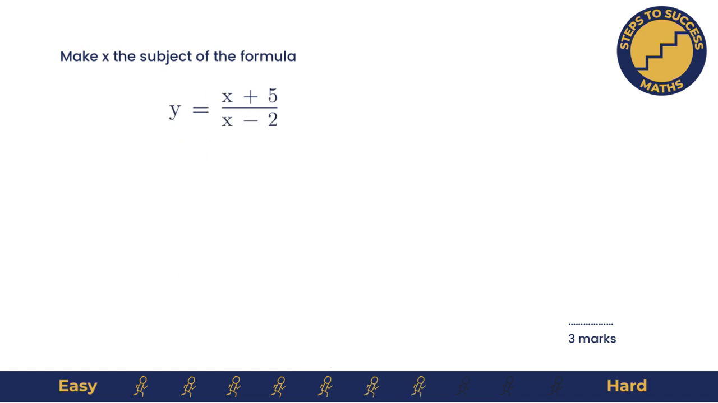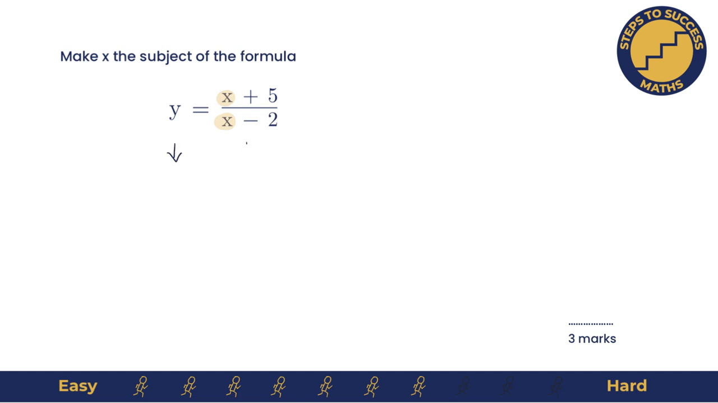Make x the subject of the formula. So step 1, find the subject. It's here and it's here. Now, we need to find a way to put them together. So at some point we're going to use brackets, but first of all, let's start by getting rid of this